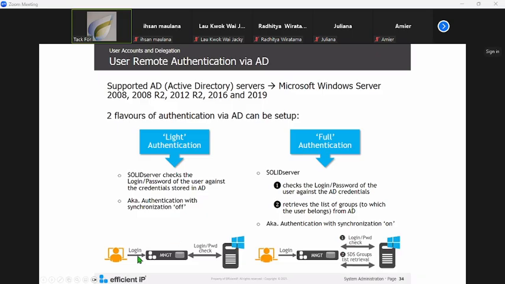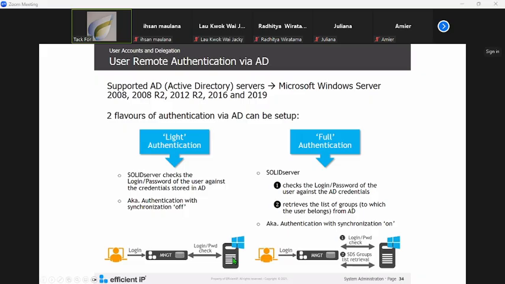So when an Active Directory user logs into the Solid Server management server, the Solid Server will not be able to authenticate the user, because it's not a local user. So they will forward the user